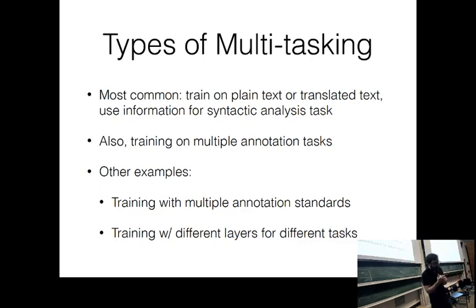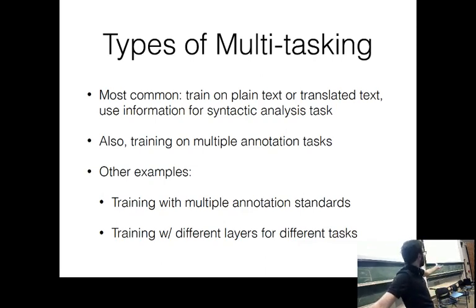So if you have a tree bank that denotes a part of speech tag for nouns as just NN, or if you have a different tree bank that was created 12 years later and decided to denote nouns as noun, you could potentially do multitask learning using both of these types of annotations. Although, again, in this stupid example that I gave you, you could just map the two, but you know what I mean. So you can either train with multiple annotation standards or multiple annotation tasks, because the different tasks,